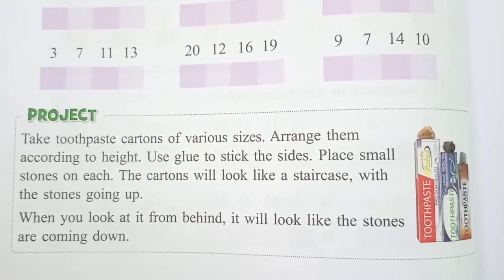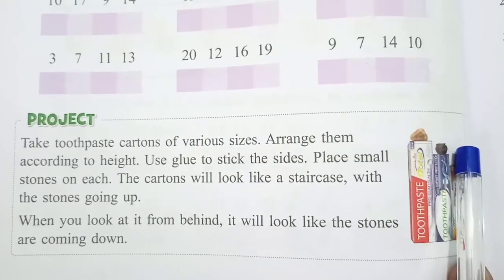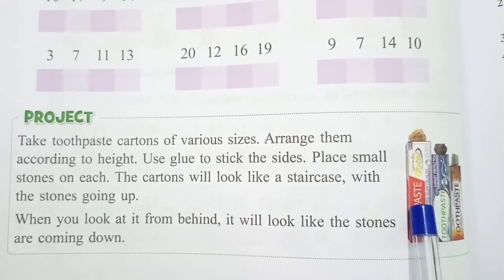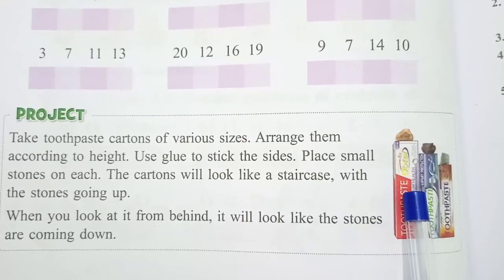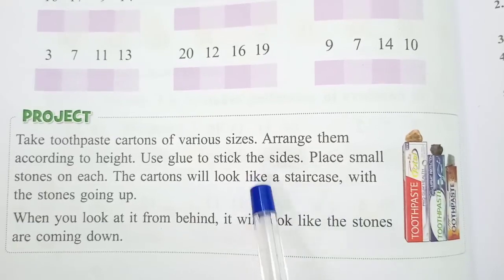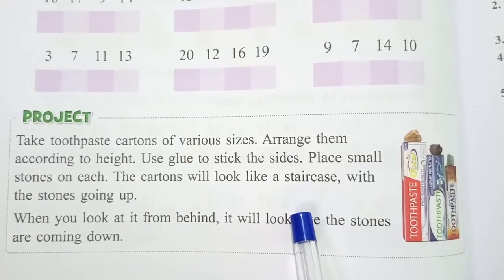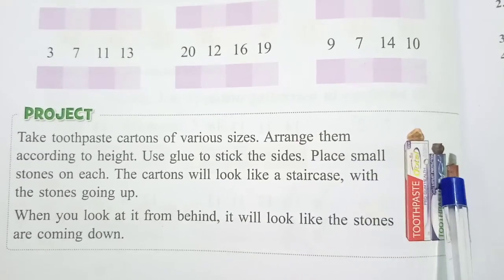So come to page number 72. I hope you are doing good. Today's session we will see mainly three concepts, based on what we have learned from the previous classes, numbers up to 20. We'll see project, fun to do and math lab activity, and in the next session, the next chapter, a new chapter, addition up to 10.